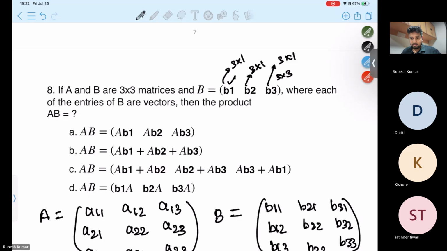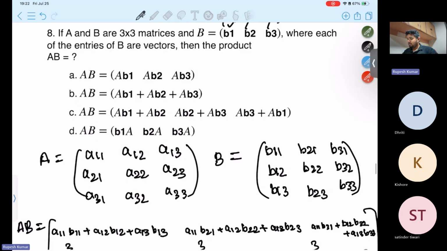Fine. So if you stack these 3 vectors in each column of the matrix, you will get a 3 by 3 matrix, right? Is this clear, Kishore? I think there was some doubt. Yeah, right. This is clear.